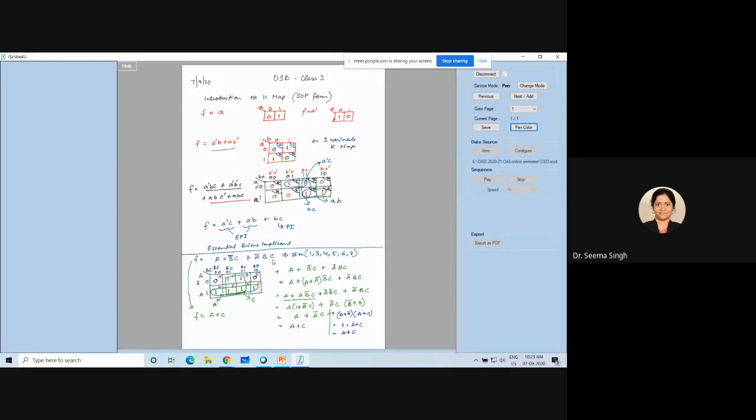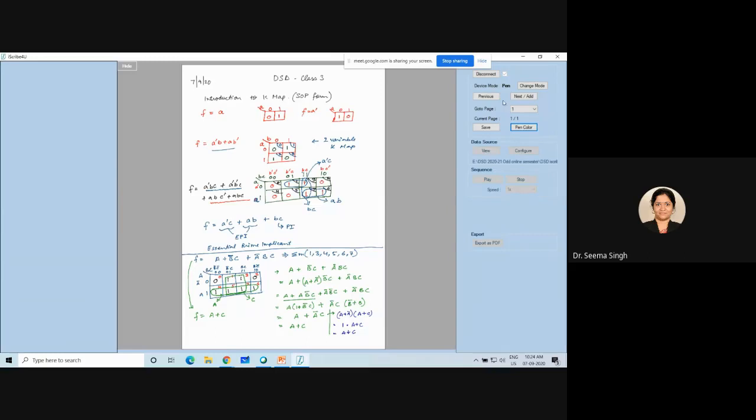I am trying to show you the simplification using absorption law or distributive law. So I have shown you both the things. This part of simplification you people did in the last semester using Boolean algebra. This is what I have done using this semester's K-map theory. So what is K-map used for? K-map is used for simplification of an expression. Now with this, what did you get? You got A plus C for this expression. And A plus C has come for these minterms: 1, 3, 4, 5, 6, 7.